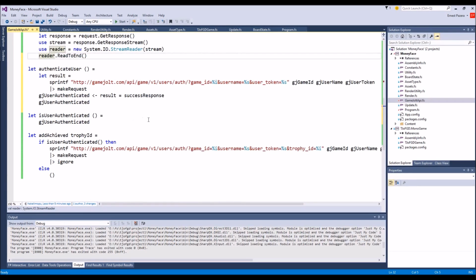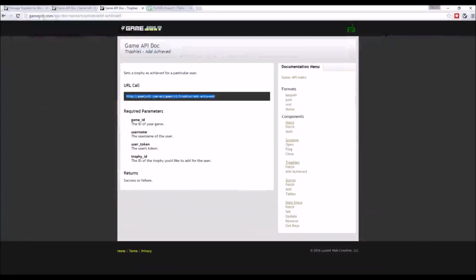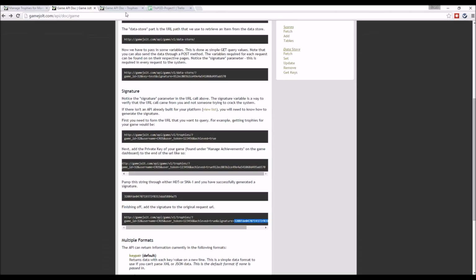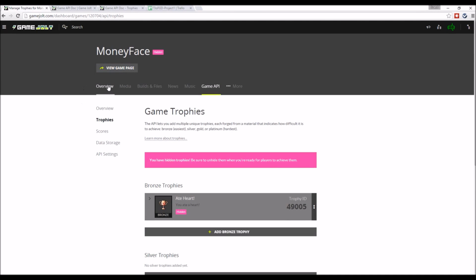This is a much better way to do it. So now if everything works,